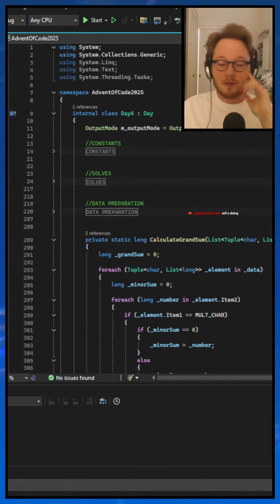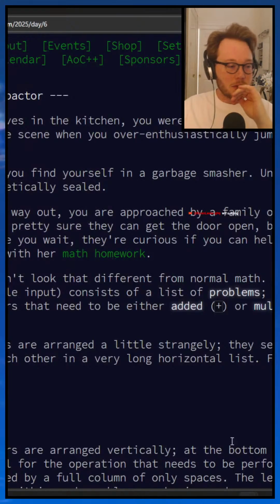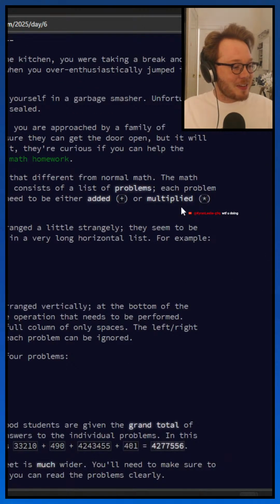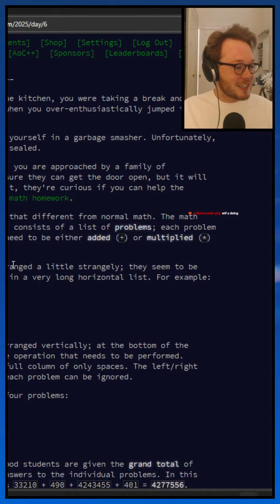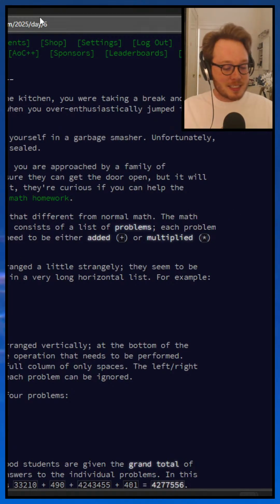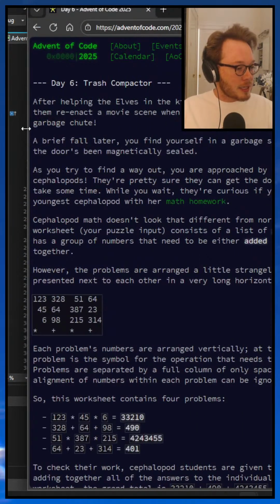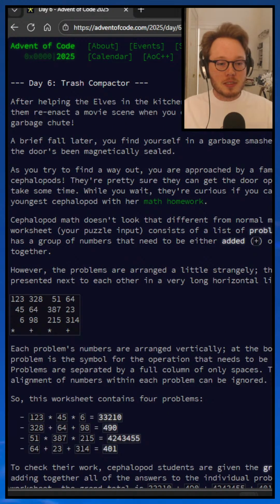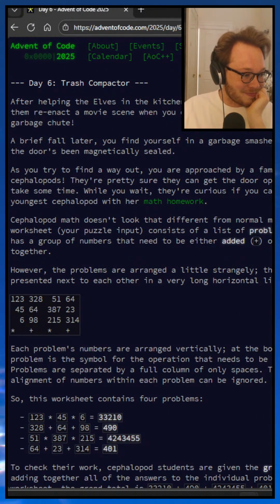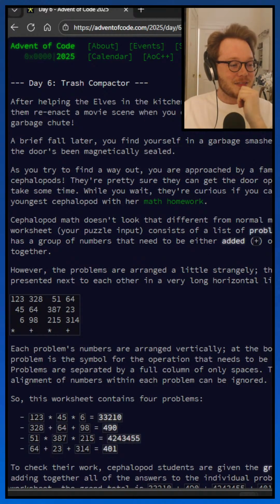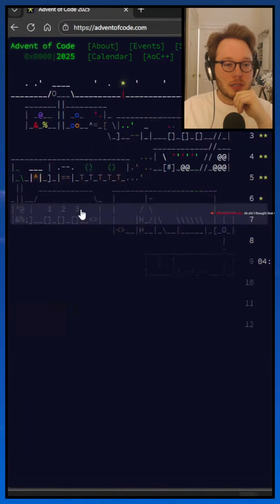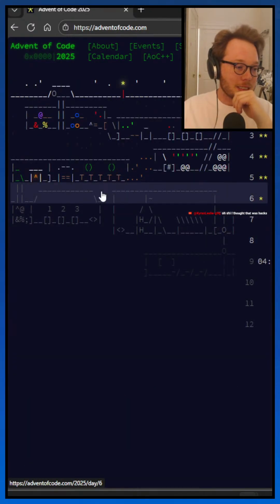Yes, valid. So there's this thing called Advent of Code, which is very fun. It is kind of like an advent calendar, except it's programming challenges. So yes, today's we're already up to... I've fallen behind immediately. I'm only up to day 6.